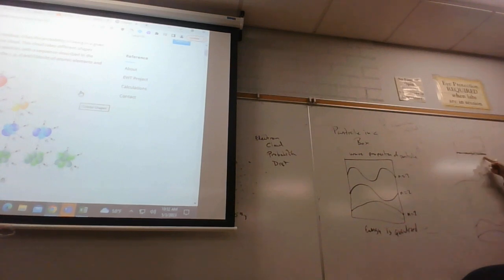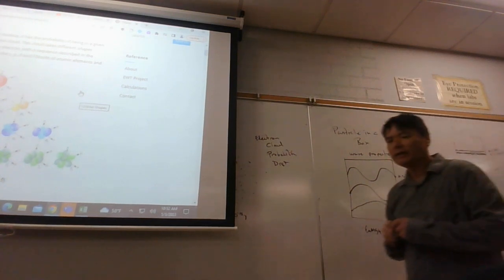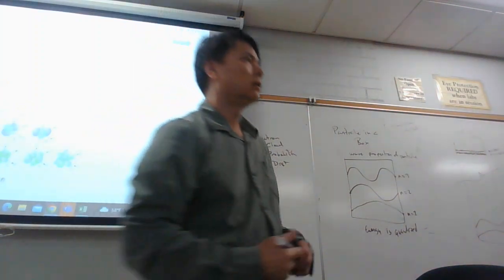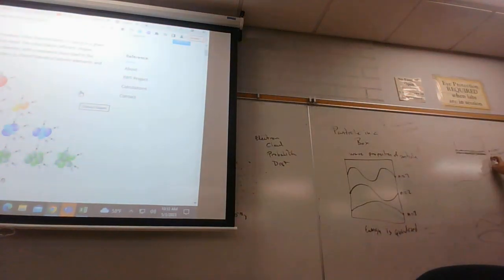let's say I have 1,000 half wavelengths in here. Then I go to the next allowed energy. The next allowed energy is N equals what? 1,001. So do you think there's going to be a big difference in energy between 1,000 and 1,001? No. Okay, then let's keep going higher, because the largest N we're allowed is infinity. So if we keep going higher and higher here, then we're going to get to, let's say,